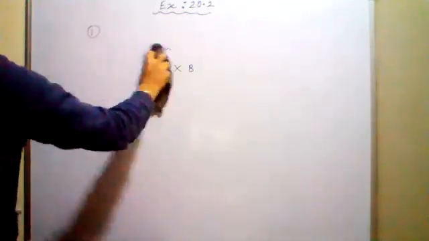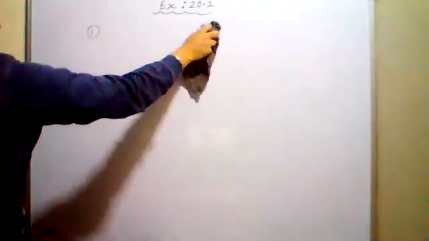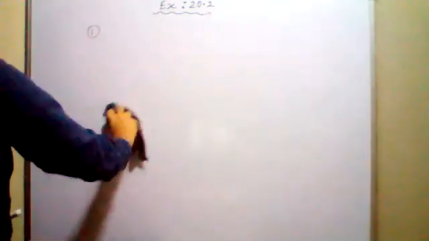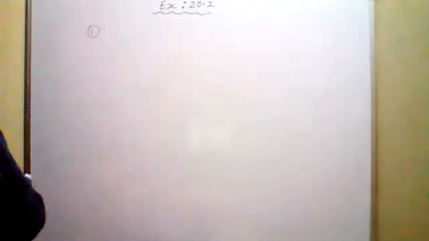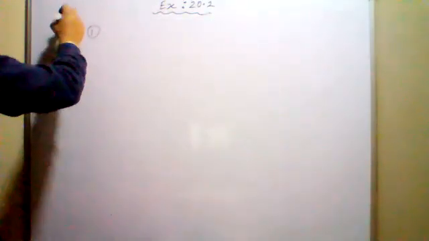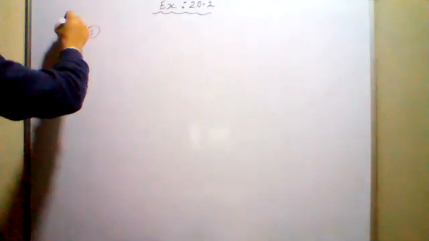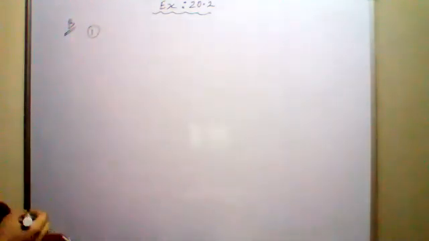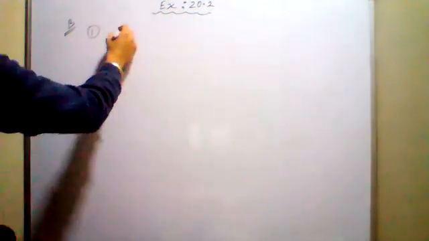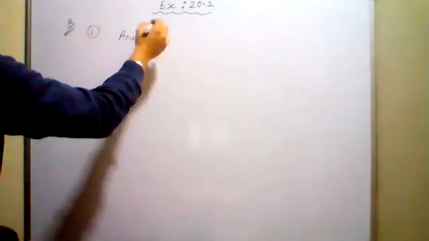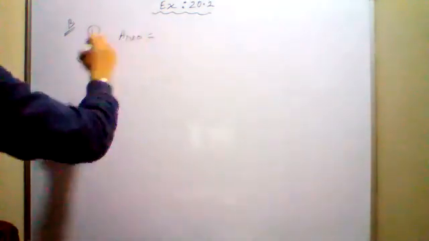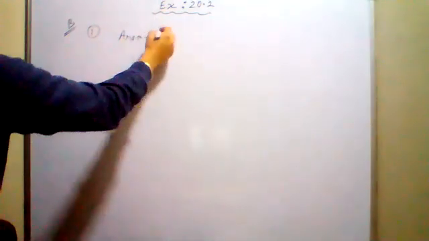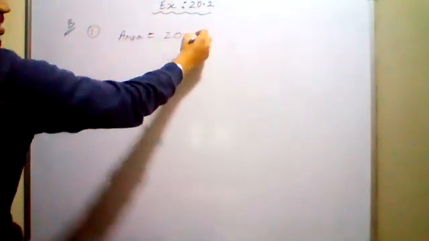Here in question B, it is a triangle. And you have to find one of the missing sides of the triangle. It has height and base. Out of height and base, one will be given, one will be missing. So you have to find the missing one. Question B, first part, look at this. Area is given. In all the parts, area will be given. Area 20 centimeters square.